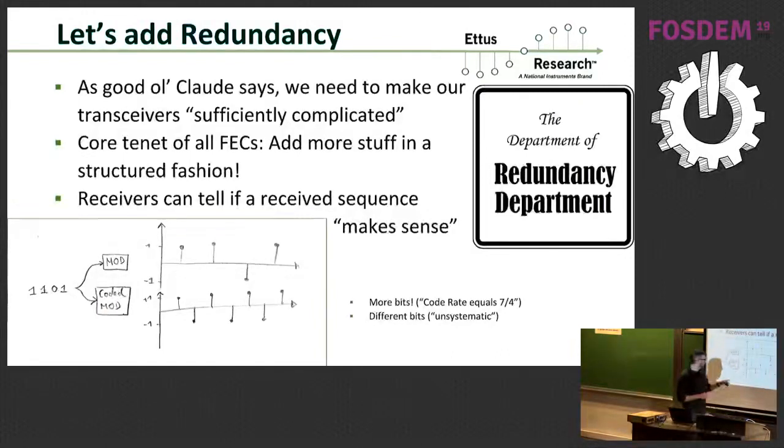But consider this case here. I want to transmit 4 bits, 1, 1, 0, 1. And you might say, okay, well, I'm going to just put them onto +/-1 symbols, so this could be on a wire, or this could be over the air through some other kind of modulation. So here's my bits, 1, 1, 0, 1, 4 bits. But who says that I have to do that? No one. I can do whatever I want, as long as my receiver knows how I